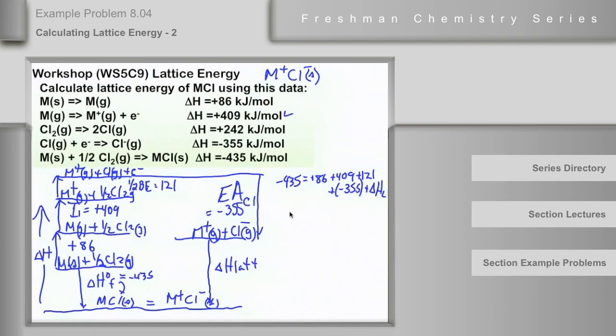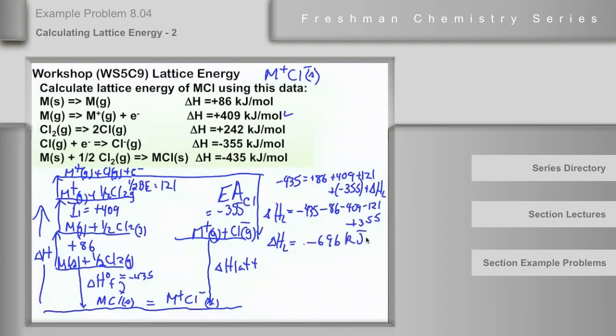Delta H of lattice will be equal to minus 435 minus 86, when we take it over to the other side, minus 409 minus 121 plus 355. And if I did my arithmetic correctly, that gives delta H of lattice equal to negative 696 kilojoules